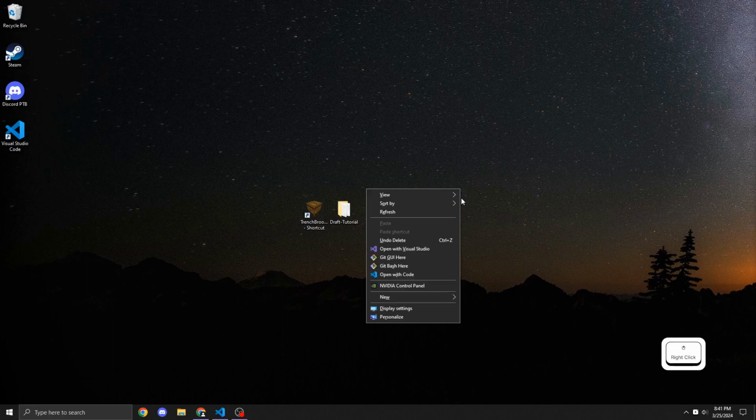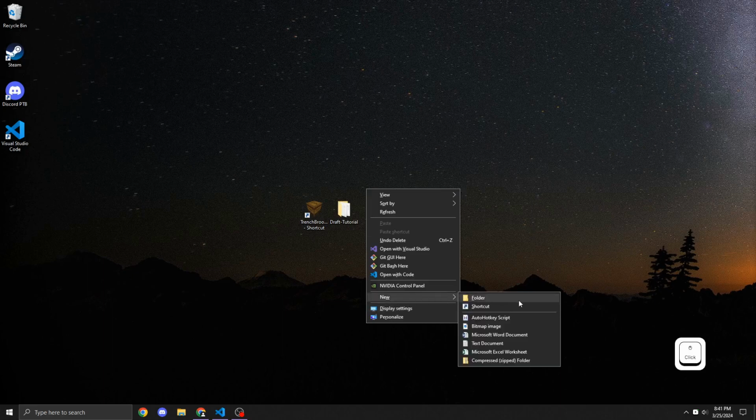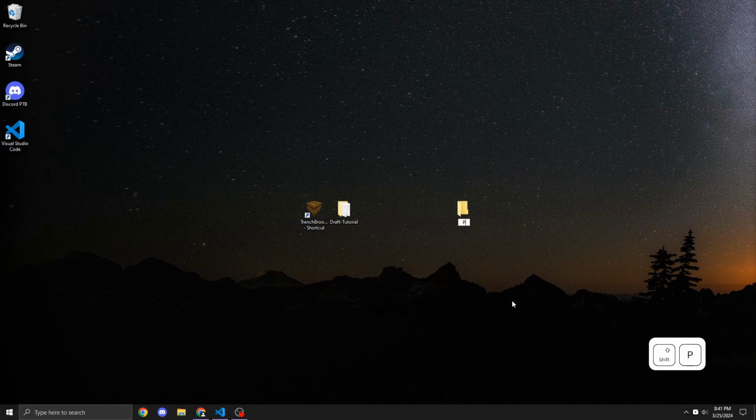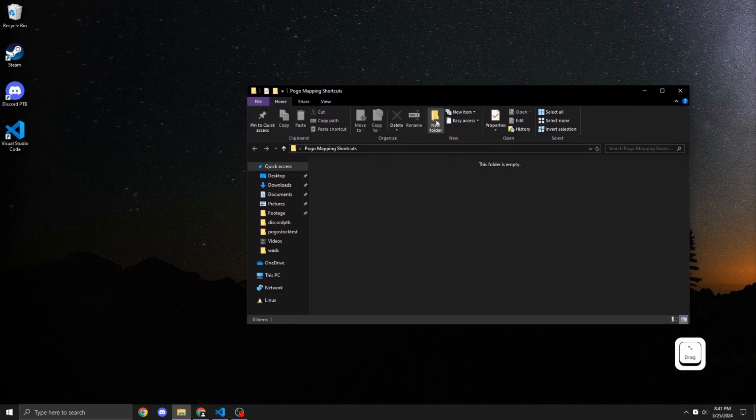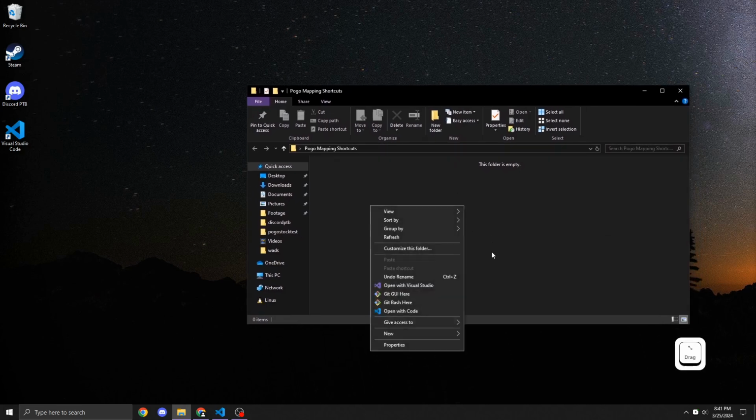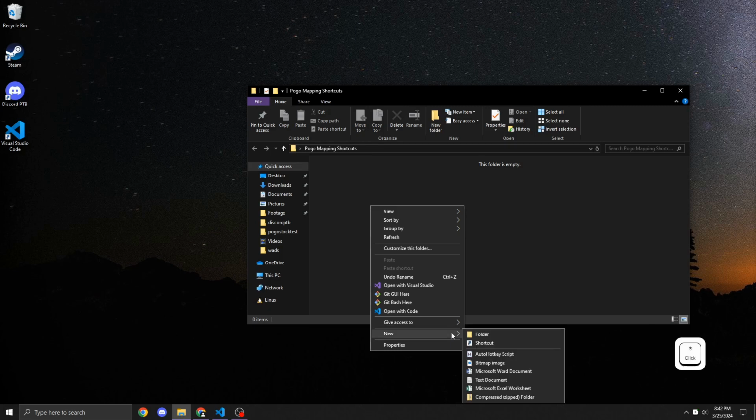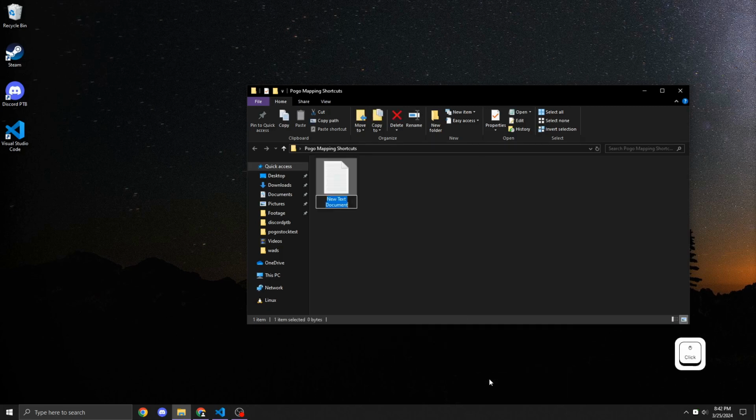I'm going to make a folder here on my desktop. I'm going to name it Pogo Mapping Shortcuts. We're going to be jumping around in File Explorer a lot, so this will just make that a lot less confusing. One other thing I will do while I'm here for you Windows users, so I'm going to make a map